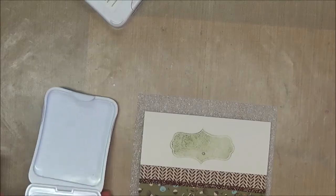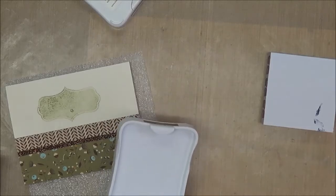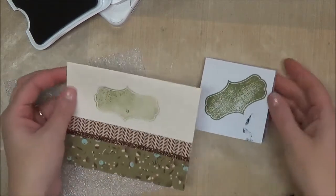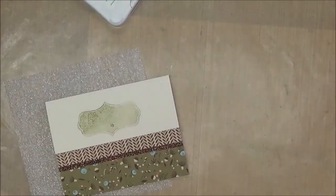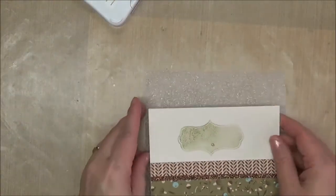Let me grab a piece of paper here and let's see the contrast of how dark that would be. I did not ink that well, and I didn't stamp it well, but you can see the difference in how dark one is. And while this is gorgeous, it's a little bit too dark for the project that I'm doing right now. So we've put that ink aside, and now we're going to stamp our sentiment,